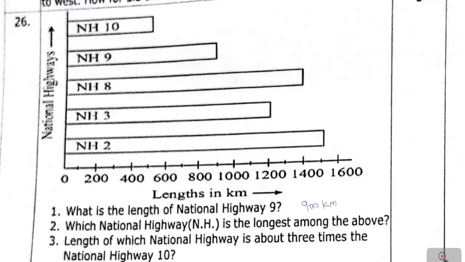Then, which national highway is the longest among the above? Ultimately National Highway 2 is the longest. So the longest is 1500 kilometers. So the answer for this question is